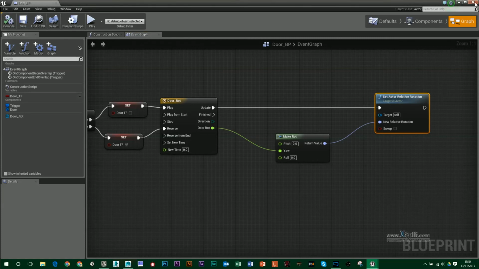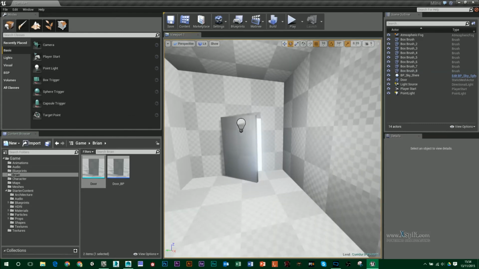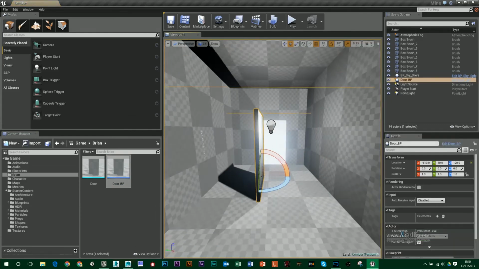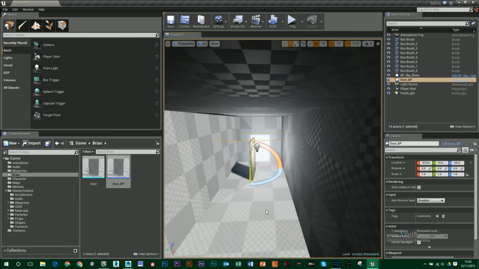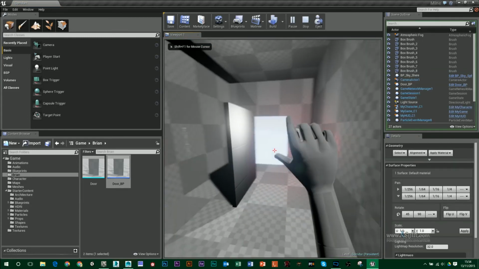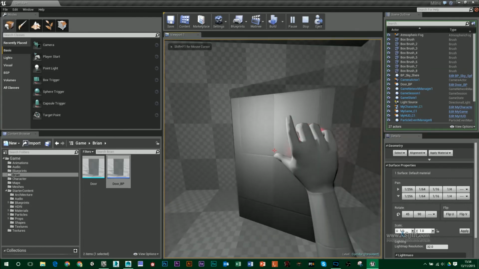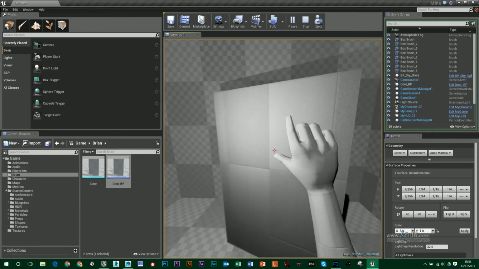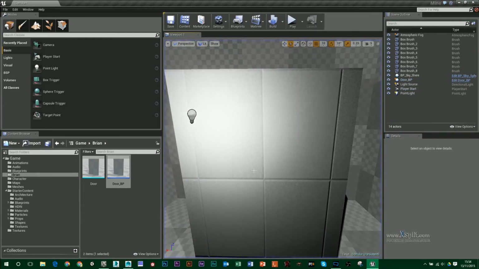So if I save that, compile, I'm going to delete this door. I'm going to drag this door in, and you can see when I'm dragging this door in, it has my box and everything there. If I go over and press E on it, it's going to open, and it's also going to close. Okay. Now the problem with this is,